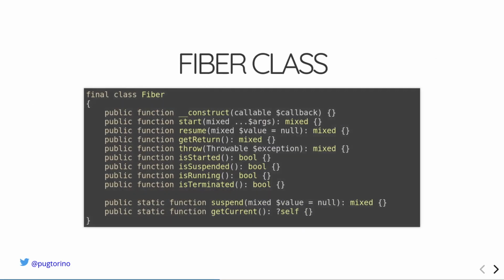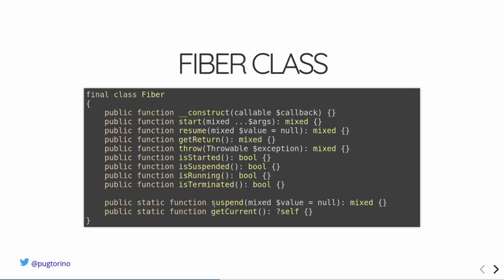So as I mentioned, fiber is a class. So this is the specification of all the functions. You have the constructor, and inside the constructor you have only one parameter, that is a callable. Sorry. So you pass basically a callable here, and this is the code that you want to inject actually in the fiber. And you have this method start to start the execution of a fiber, resume to come back to the execution of a fiber, and so on.